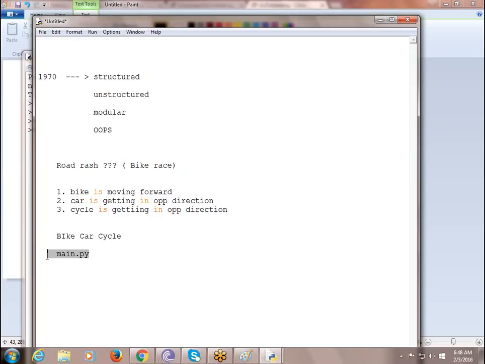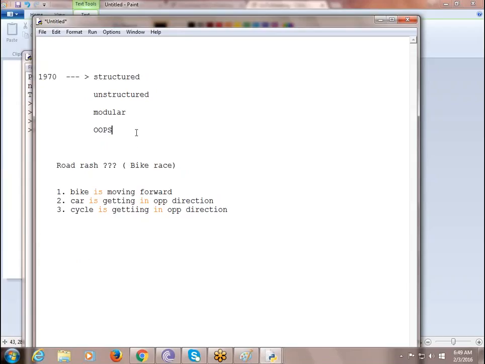Compared to the previous state, this is somewhat loosely coupled. That is one reason, and also you only need to modify the main.py file because the functions are already available. You just want to use them. So to some extent developers can design based on the client requirements, but not completely, right?